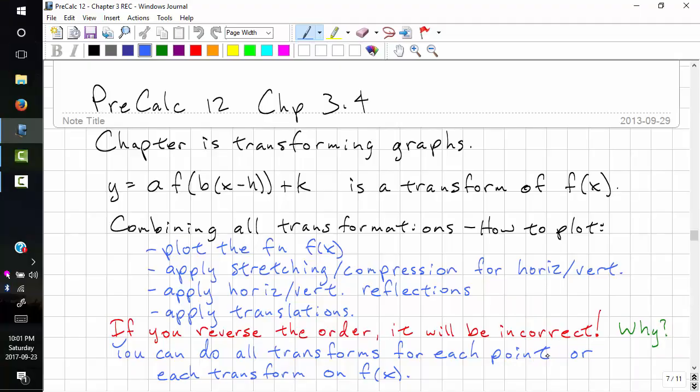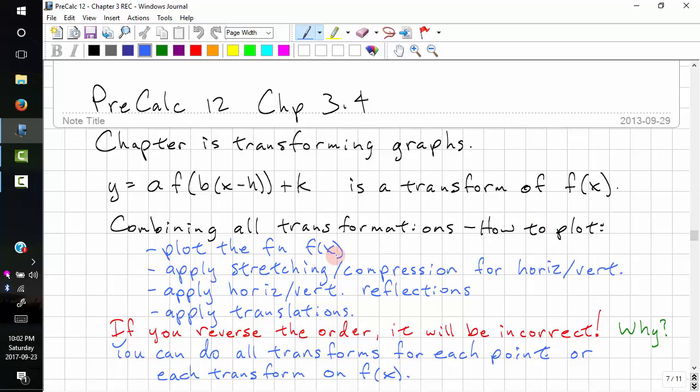This is PreCalculus 12, Chapter 3.4. This time we're going to be looking at the full transform of graphs. So we have scaling and translations. And when we're combining all the transformations,